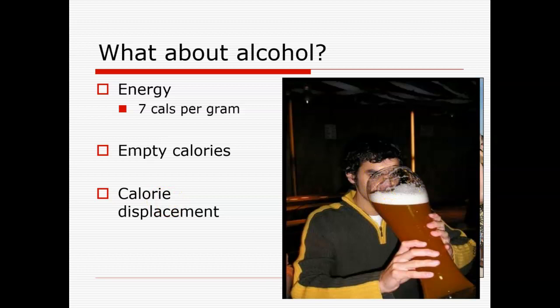And it now supersedes carbohydrates as the preferred source because your body wants to get rid of it. Your body wants to break that down, get rid of it. This is seen as a poison, so your body is immediately trying to get rid of it. It is a central nervous system depressant. And so alcohol definitely has a caloric value. I hate saying value when I say alcohol, but yeah, there it is.